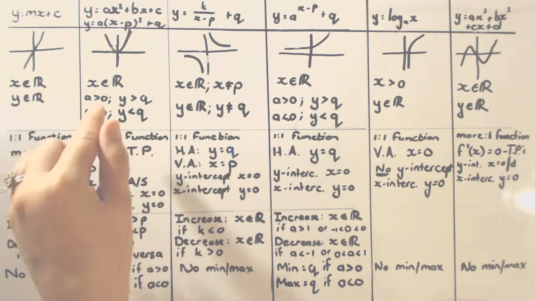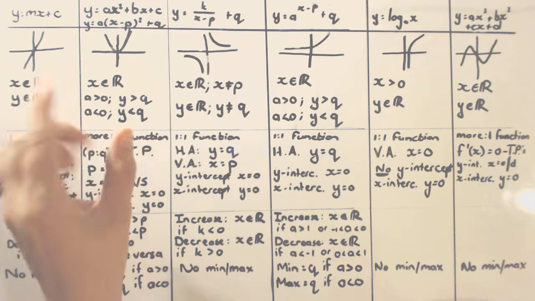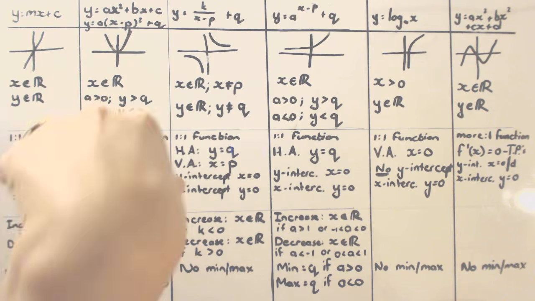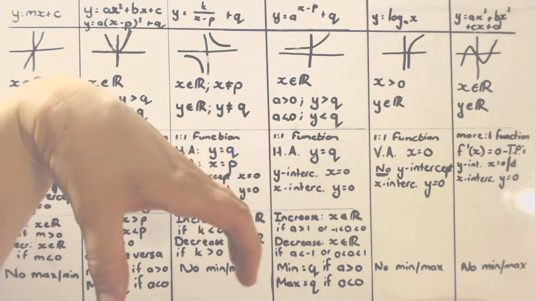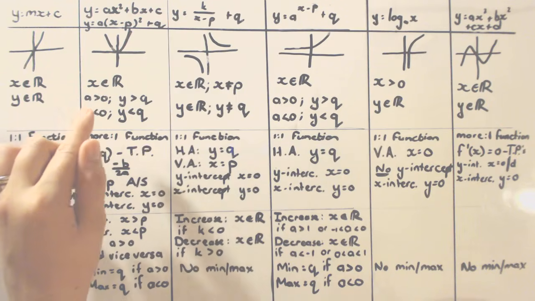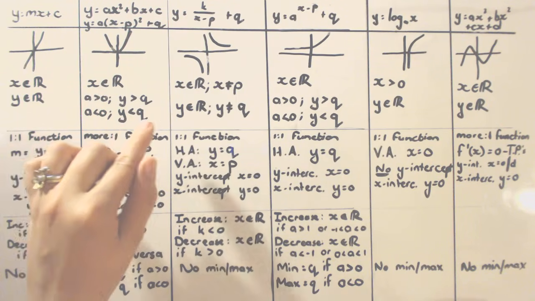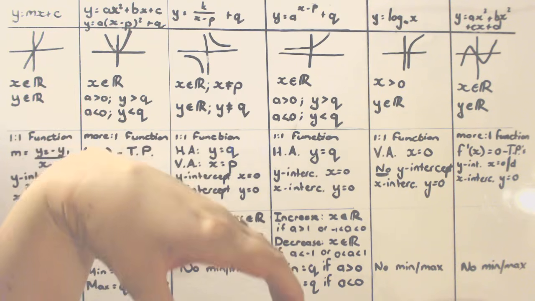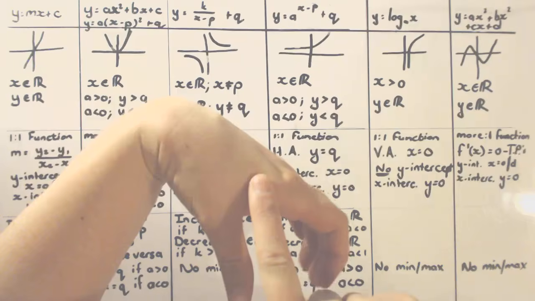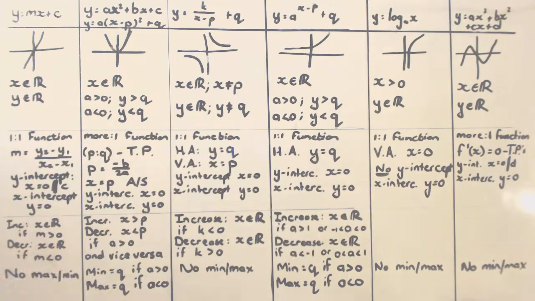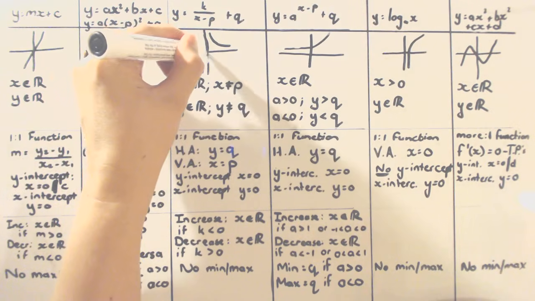That's your range. If the a value is smaller than 0, that means you've got a negative a value. That means the graph is upside down, like that sad face. So if you have a negative a value, then your range is that y should be smaller than q. Also, your y value at your turning point, and all of your y values will be smaller than that. Okay, so for the hyperbola,